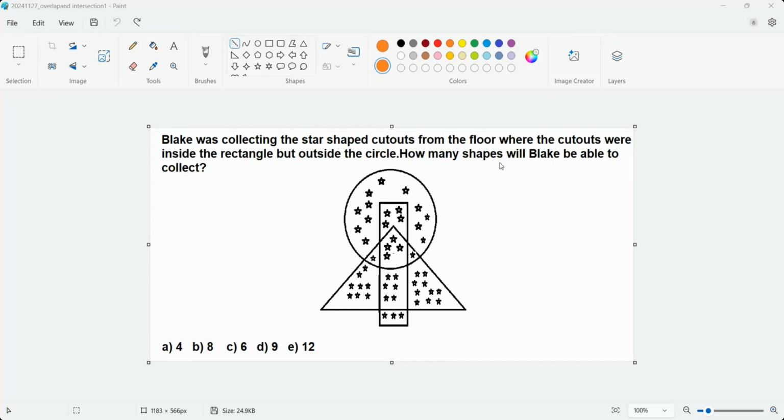Hello there, welcome to this problem solving session for math and logical reasoning for competitions. In this video, I'll show you how to solve problems where there are a few shapes drawn on a paper and some objects are inside one shape but outside another. We have to count objects that meet certain conditions like this inside this shape and inside the other shape, or